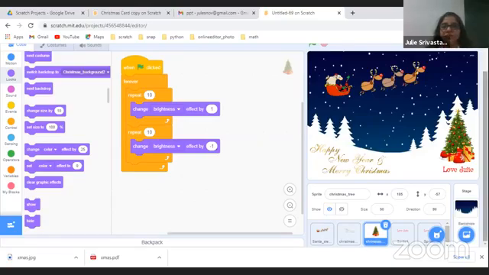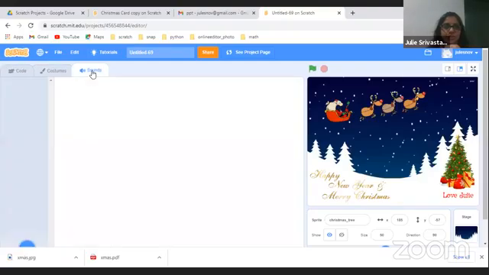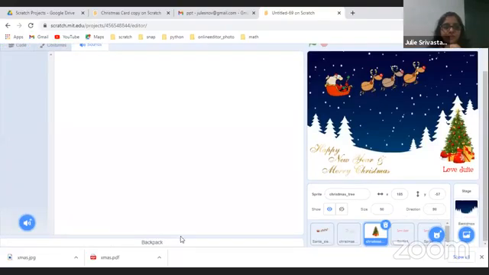Okay, once you go to the Christmas tree sprite, on the top left-hand side, we have 3 options. One is the code, one is the costume, one is the sound. So first, we are going to upload the sound. I'm going to repeat again. We are going to go to the Christmas tree sprite. Once you're on the Christmas tree sprite, you see the options on the left-hand side called the code, costume, and sound. You go to the sound option. In the sound option, at the bottom, extreme left, you see choose a sound. You go to the 4th option because we are going to upload the sound.